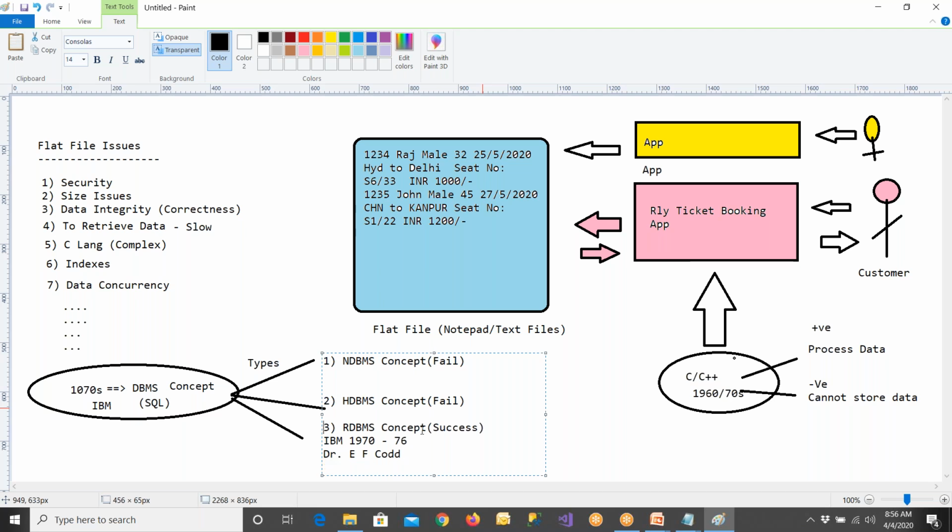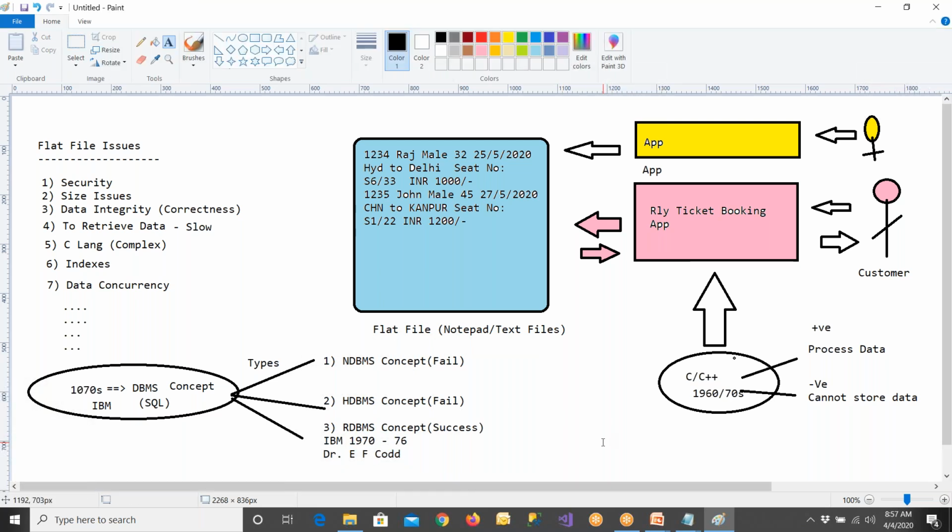So RDBMS is one of the database management concepts, invented by Dr. E.F. Codd. He was working as a mathematician in IBM in the 1960s and 70s, and he was also working on a lot of computer applications at that time. So network DBMS and hierarchical DBMS are completely gone, and later we got RDBMS. RDBMS is one more type of DBMS.